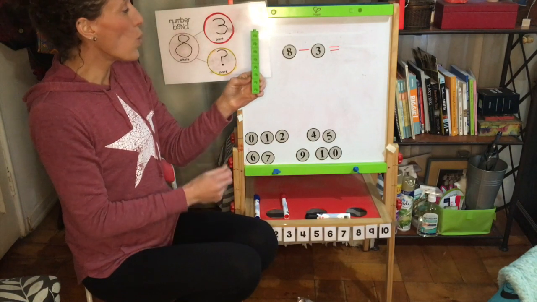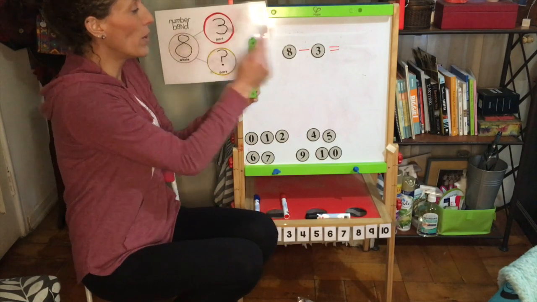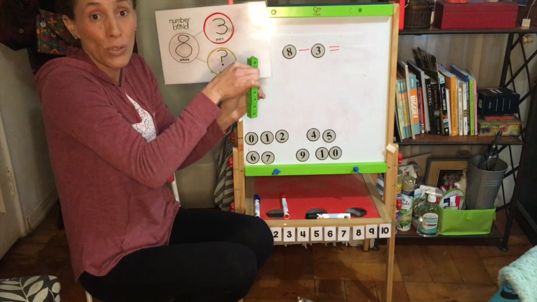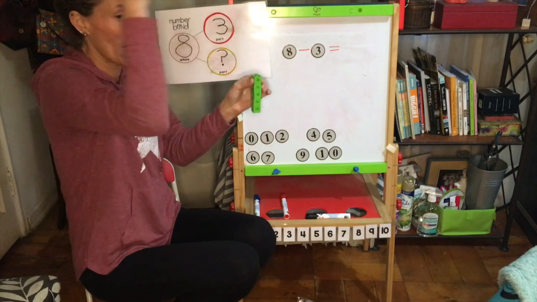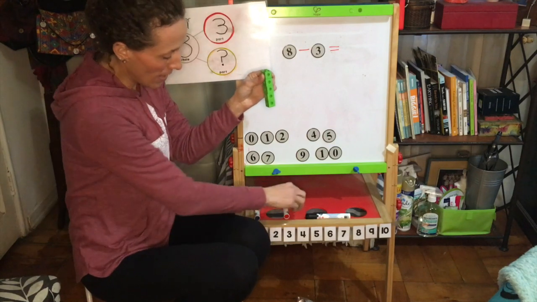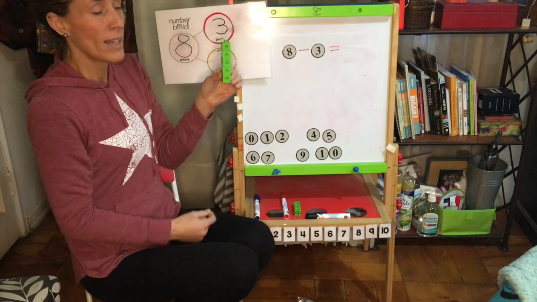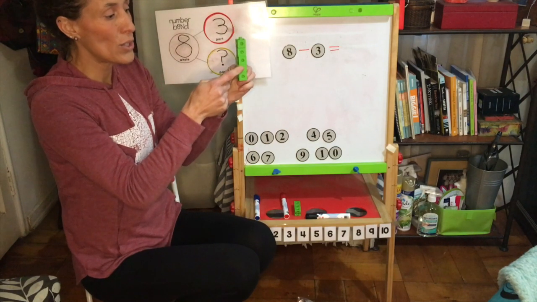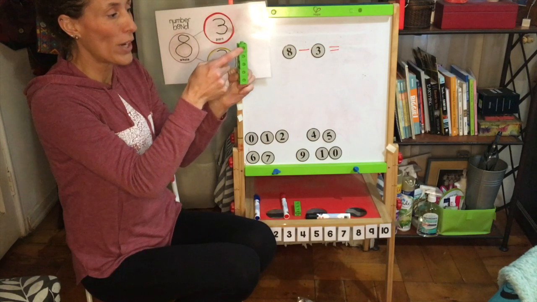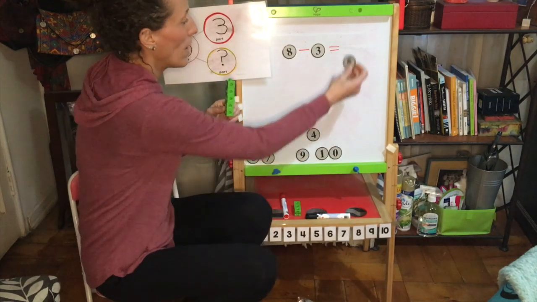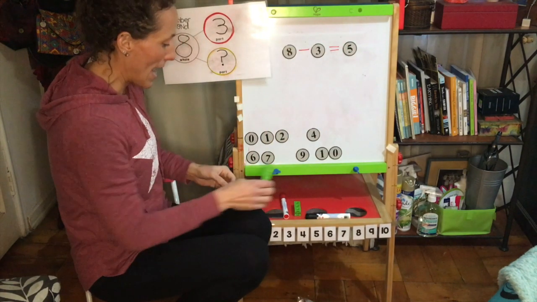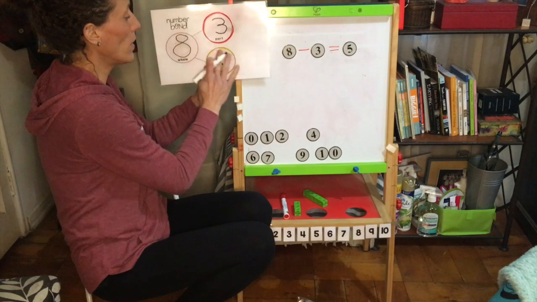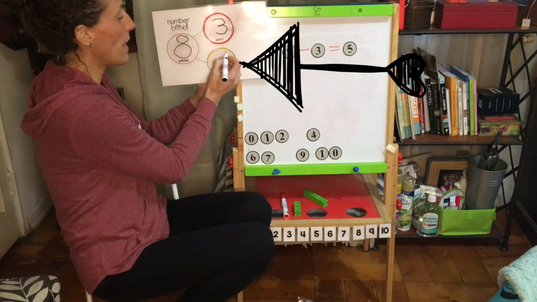Okay, so what is the part that I already know? 3. And what do I have to do? Take it away. I take it away and I hide it. And this is how many are left. 1, 2, 3, 4, 5. And in my number bond, I know now that